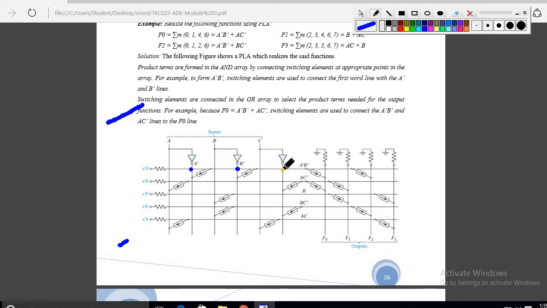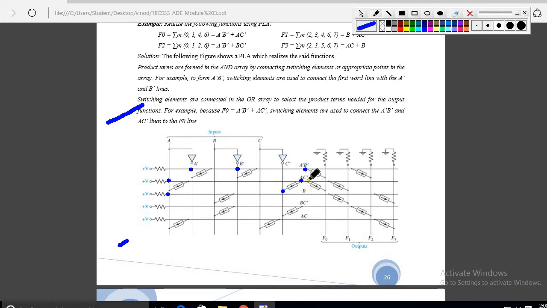Okay, if you connect this line you will get A bar B bar here, but where is your A C bar? This one is your A, you will get A from here, and C bar is here, so we go in the direction the arrow marks indicate. If you go backward you'll get C bar, so A C bar. So finally, if you want f0, where is f0? Here. To attach this line from here to here, you have to use this arrow, right? Then only it will be possible.